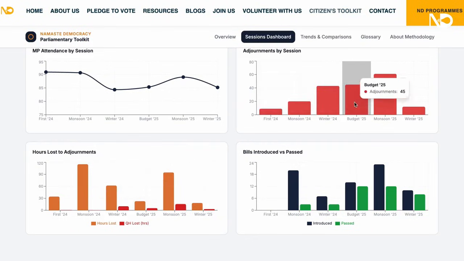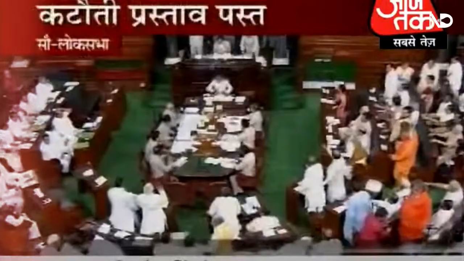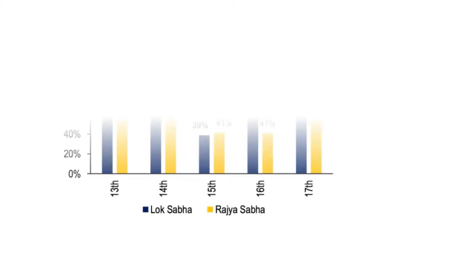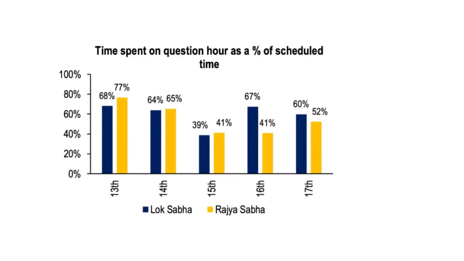For how we calculated days lost or more data on the parliamentary sessions, head to our website and check the link below. Coming back to the data so far, the 18th Lok Sabha sessions show us that the very tool designed to hold the government accountable has been getting lost due to disruptions. Sadly, this isn't a new tactic, it's just becoming worse. The 15th Lok Sabha of the UPA-2 regime of 2009-2014, for example, was one of the worst performing Lok Sabhas due to relentless disruptions, with over 60% of the time for question hour lost to disruptions.